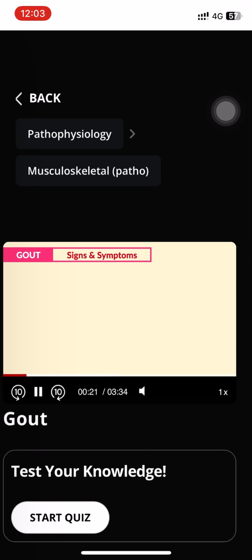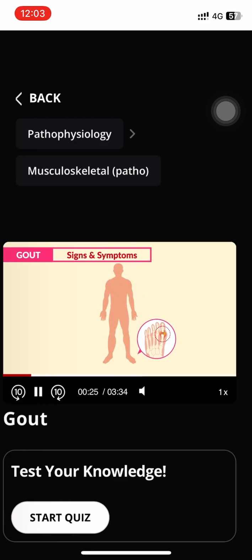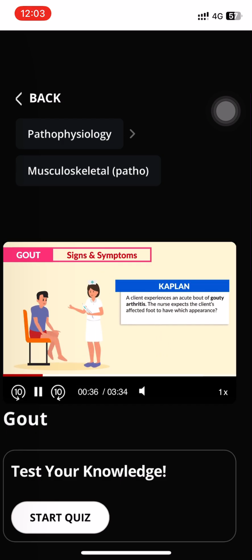So for signs and symptoms, big toes are most susceptible to gout, but the pain and inflammation can also affect joints of the ankles, knees, wrist, and elbows. And even the skin becomes red due to the pain and inflammation. So Kaplan mentions, a client experiences acute bout of gouty arthritis. The nurse expects the